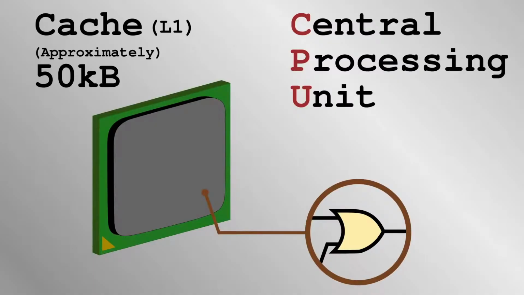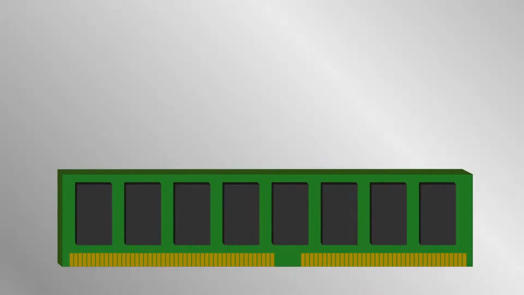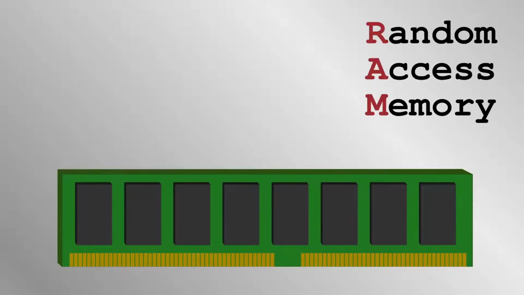There are also circuits in there called the cache, which nowadays can store tens of kilobytes of data as the intermediate stages of calculations, for example. There is a need for a larger and longer-term way to store many more bytes of data than the registers and the cache. Computers have separate physical chips of random access memory or RAM, which makes use of capacitors to